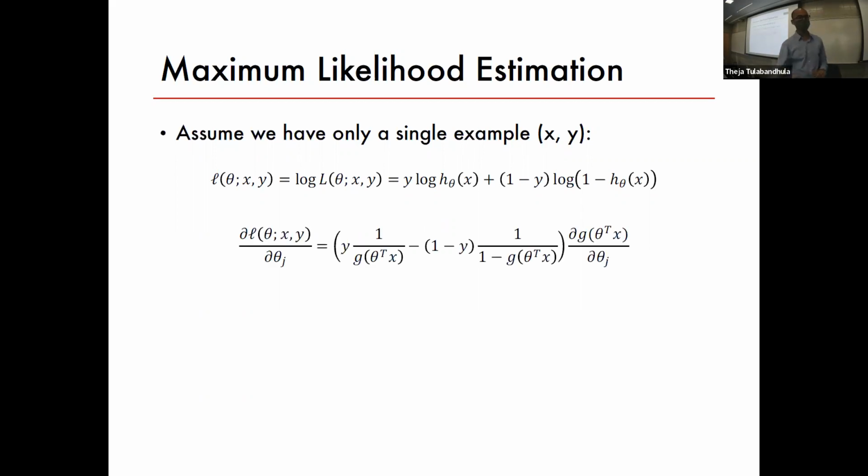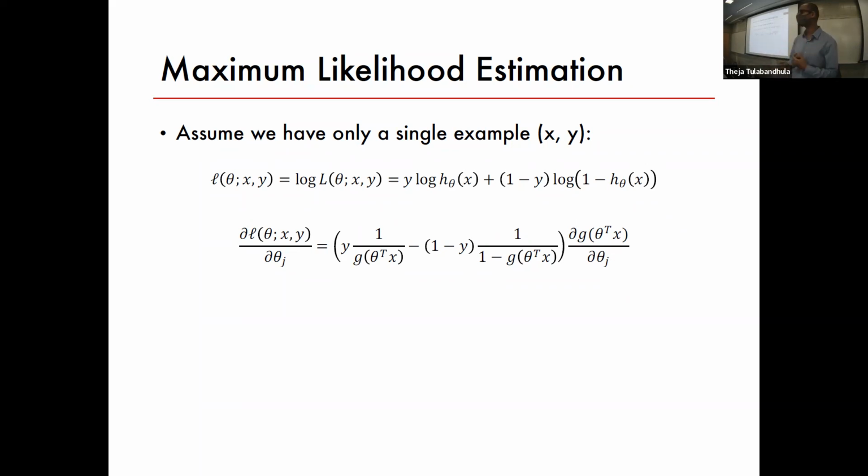So, okay, let's find the gradient with respect to one coordinate. Let's try to find the partial derivative of the log likelihood with respect to one coordinate theta j. Why one coordinate? Think of the gradient: it is just the collection of these partial derivatives. So let's focus on one coordinate. If you look at this term, you have log of something. Its derivative is 1 by the term inside, h theta, times the gradient of the term inside with respect to theta. This is just the chain rule.